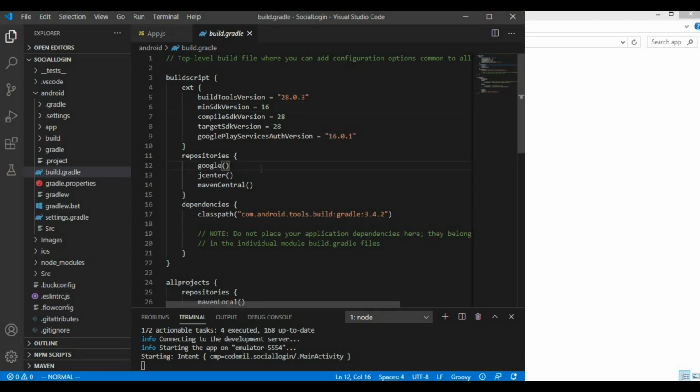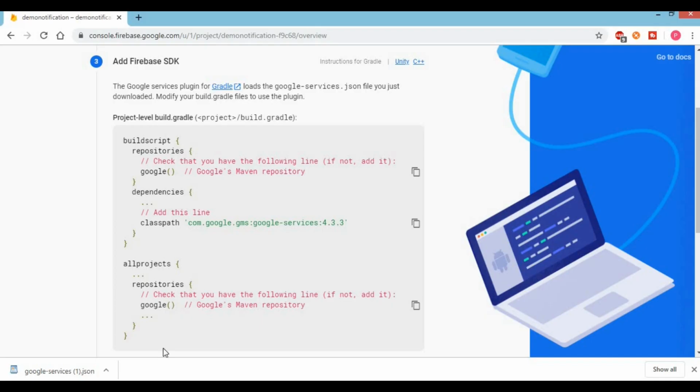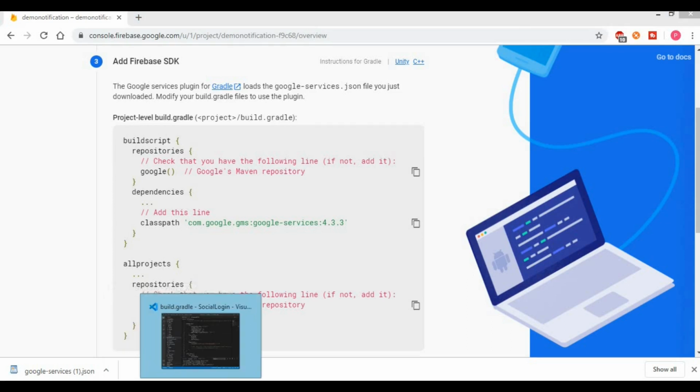Okay, Google services is already present here. Now copy the classpath dependency from Firebase and add this dependency inside your project.